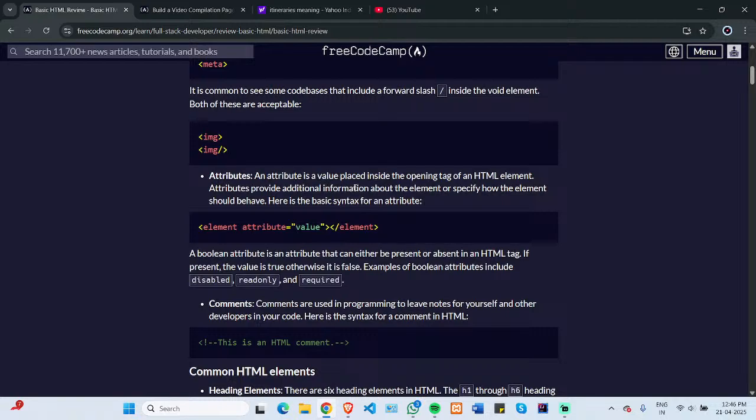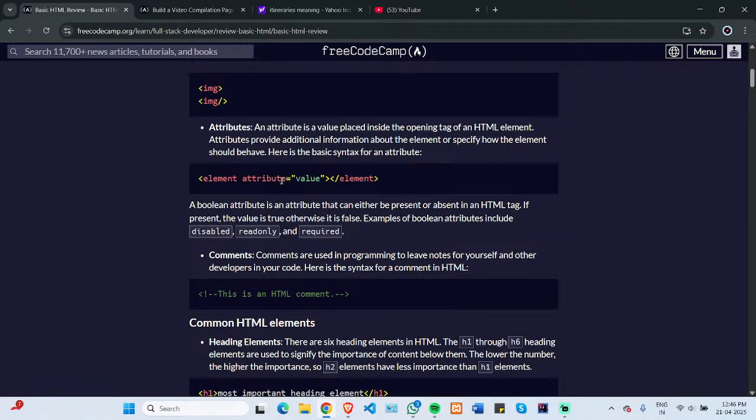Attributes. An attribute is a value placed inside the opening tag of HTML elements. Attributes provide additional information about the element or specify how the element should behave. Here is the basic syntax of the attribute. So this is the attribute of this element, and this is the value of that attribute. A Boolean attribute is an attribute that can either be present or absent in an HTML tag. If present, the value is true, otherwise it is false. Examples of Boolean attributes include disabled, readonly,